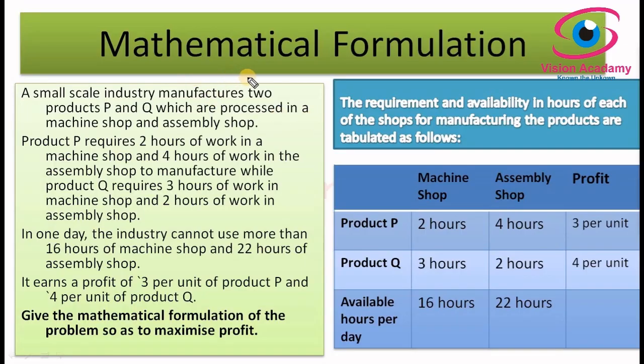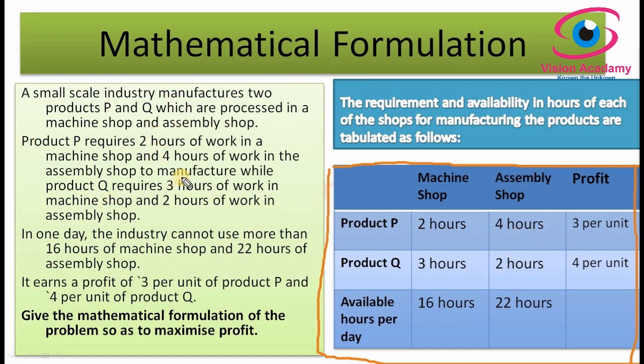So now let us concentrate on the subject to constraints, okay. We have made an objective function for the mathematical formulation. Keep one thing in your mind, if you want to make a mathematical formulation, just prepare this tabulation. This is very useful to comprehend or make a mathematical formulation. Why and how I am preparing this tabulation, I will tell you, okay.